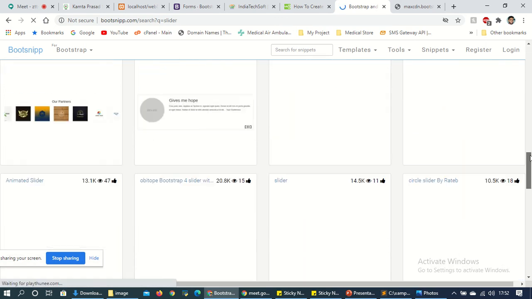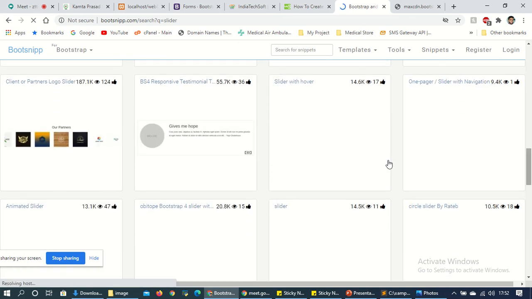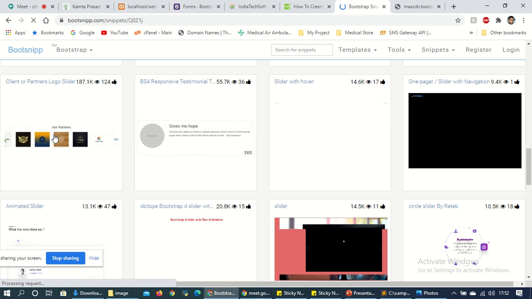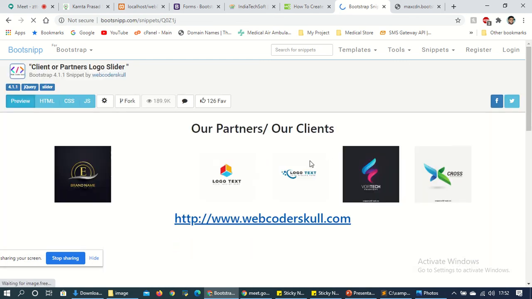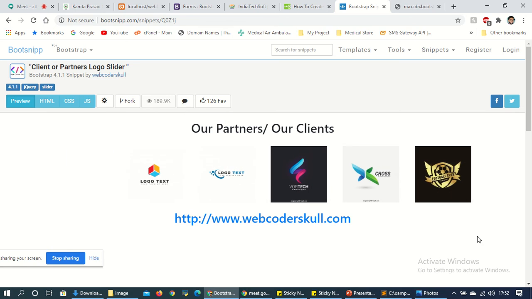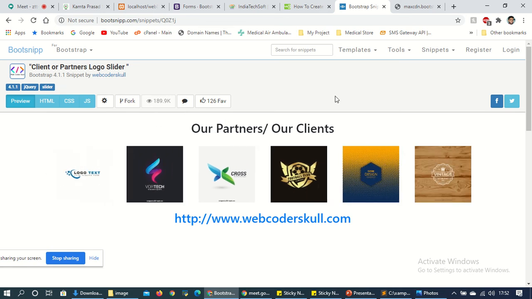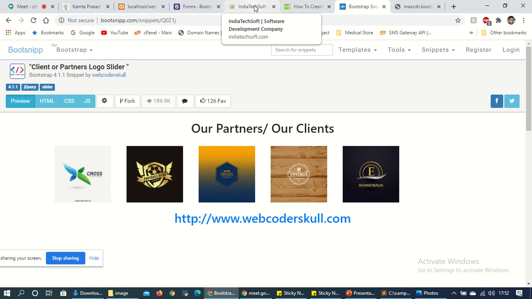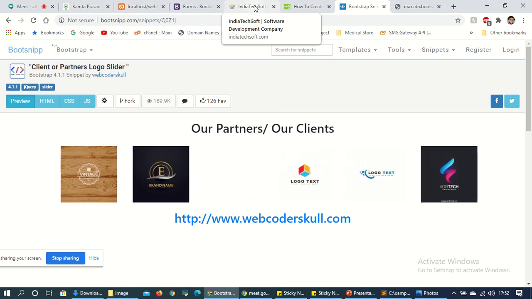You get a number of slider designs. You copy from here and use it. If you want, you can just copy and paste the code into your web page. One by one you will get all the components and you can embed them into your project.